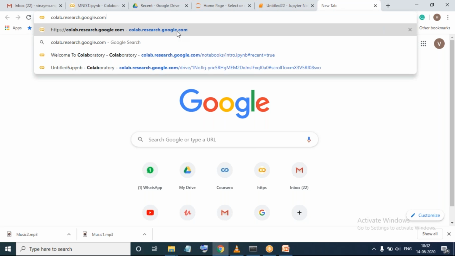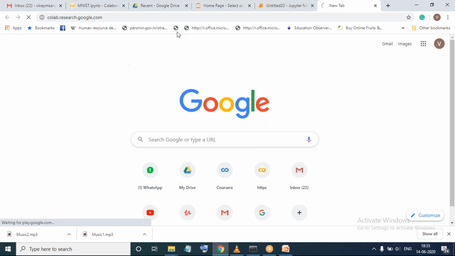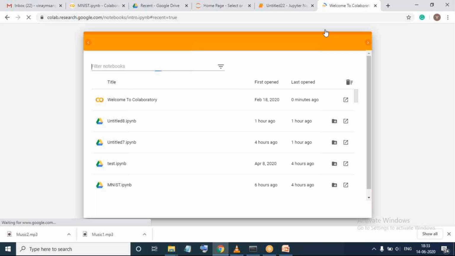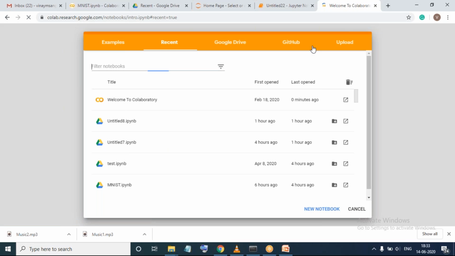Once you press Colab, you can select this, and your Colab will open. Once you open Colab, you can see the menu that comes up. This is the menu you will get once you open Colab, and you can observe that it gives you n number of options, like whether I want to create a new notebook. Right now I will say cancel, and we will see how it executes.